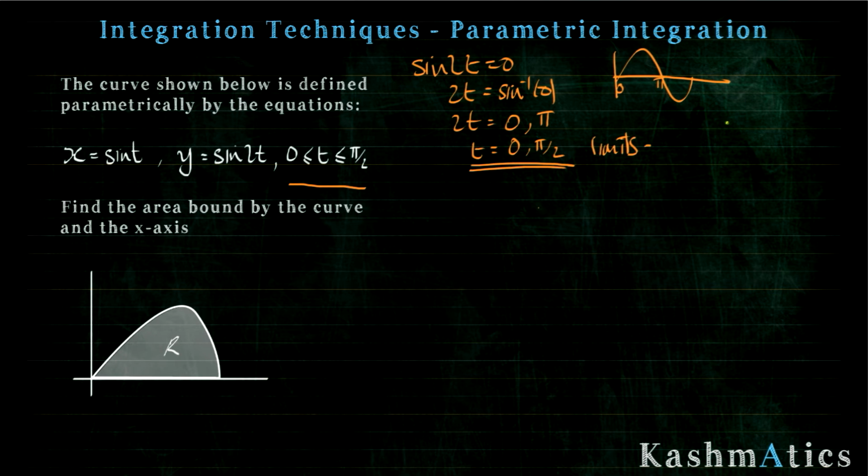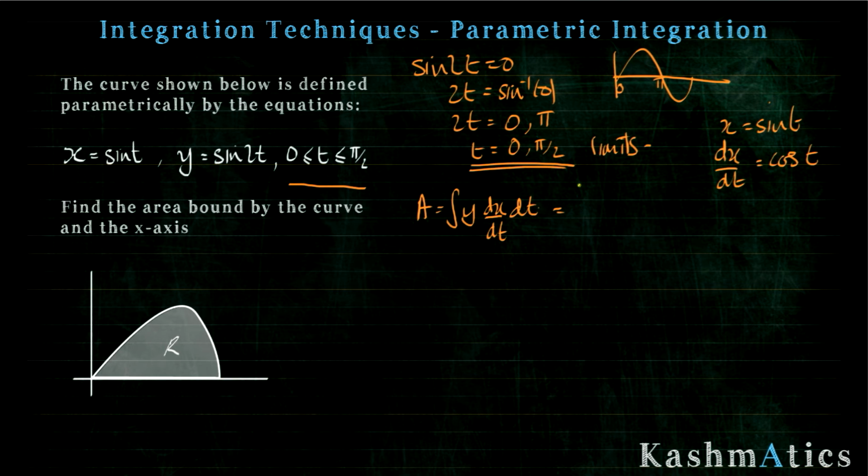Now along with that, I need to know what dx by dt is. I've got x equals sine t, so dx by dt will equal cos t. So I've got everything I need now, and what I can do is plug it into my integration formula. If you remember, A is equal to the integral of y dx by dt dt,